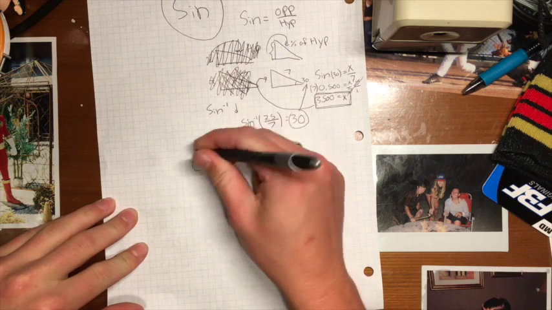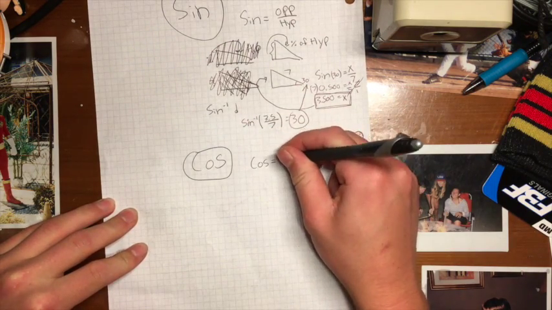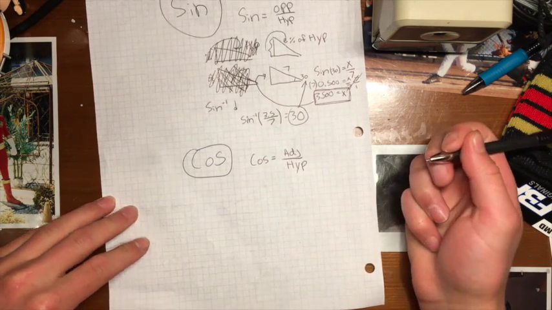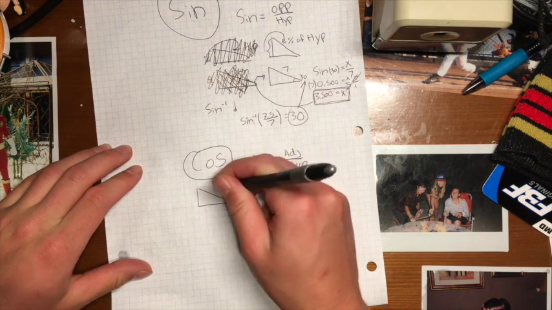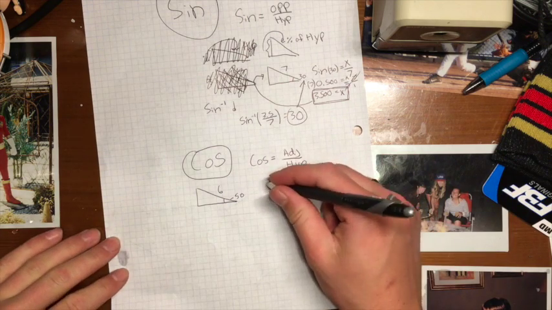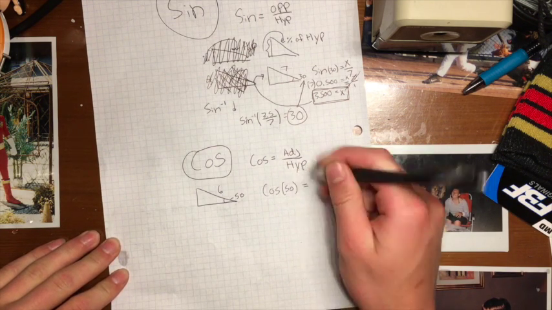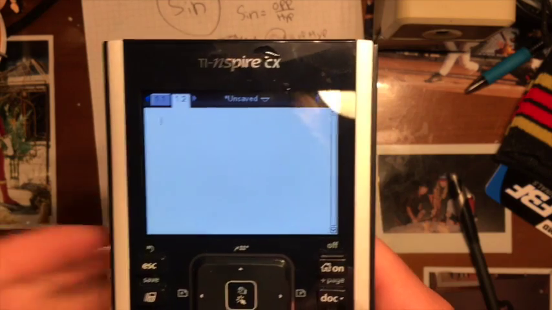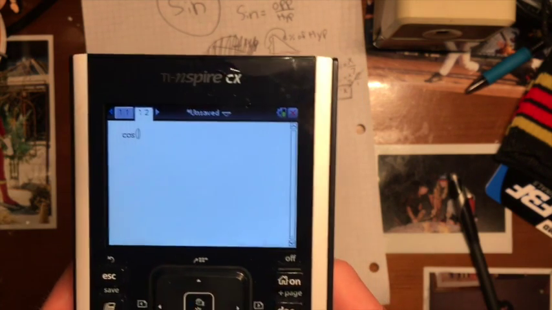Last and not least is cosine, my very favorite. Cosine is equal to adjacent over hypotenuse. So this time, let's say the angle is 50 and the hypotenuse is 6. Then plug it into the equation and you should get cosine 50 equals x over 6. Plug cosine 50 into your calculator and you should get